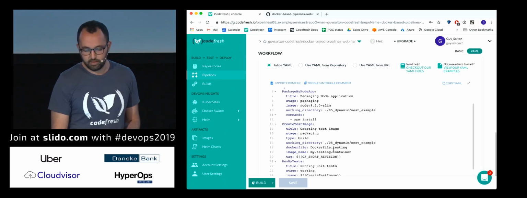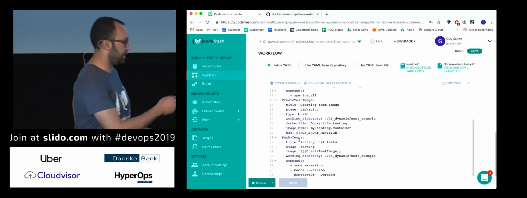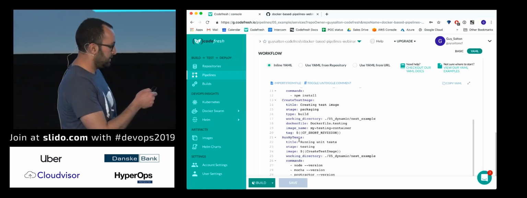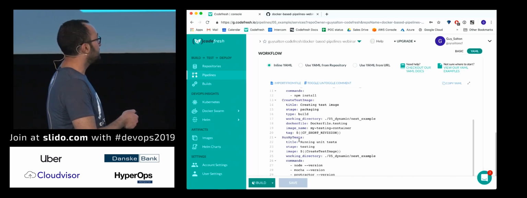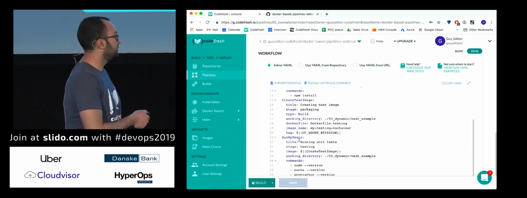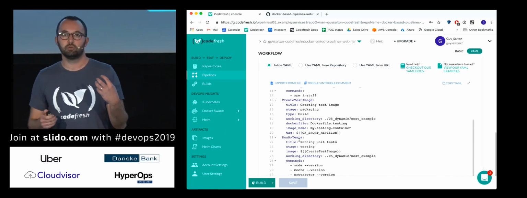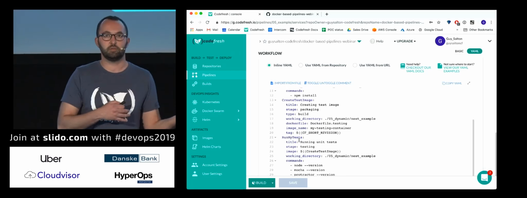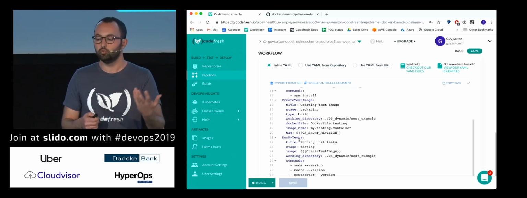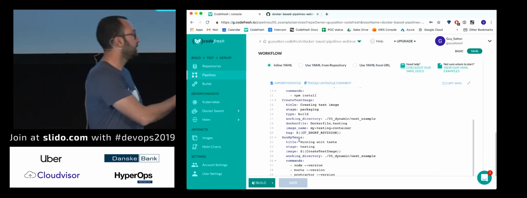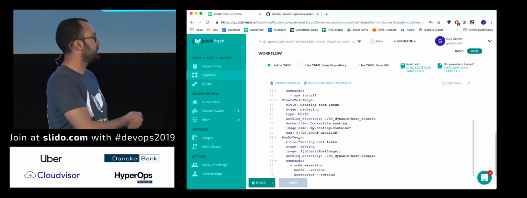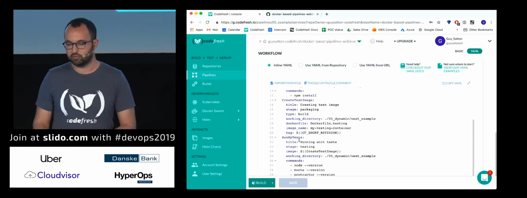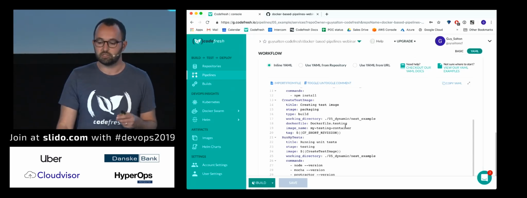And in the last step, I'm going to run my tests. You see that the image that I'm using is not a pre-made image. It's a variable that I took from the first step with that new image that was created. And here I'm going to run Mocha --version and Protractor --version